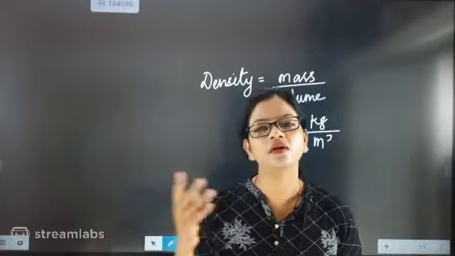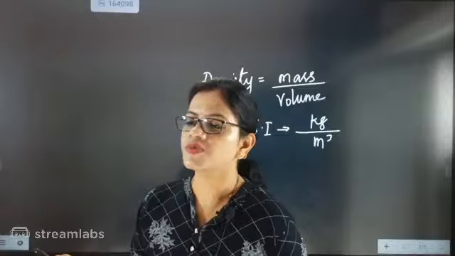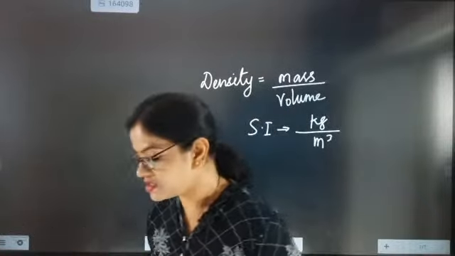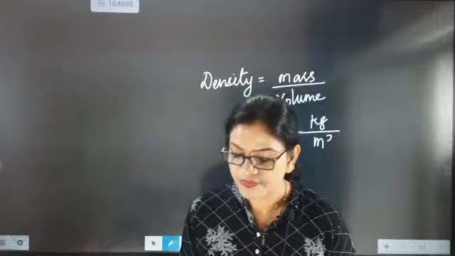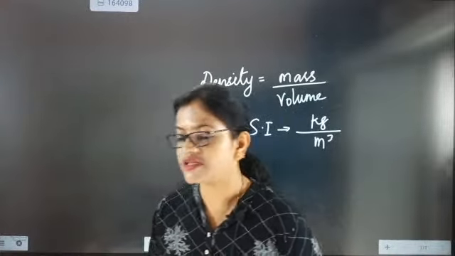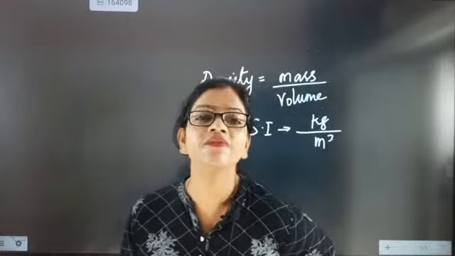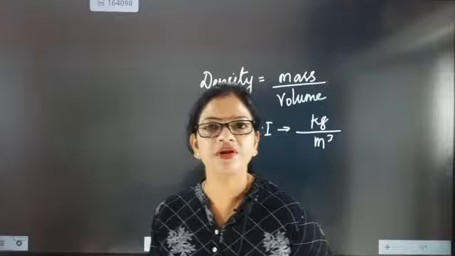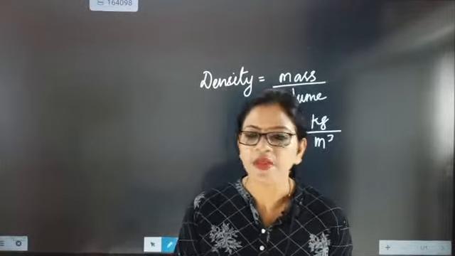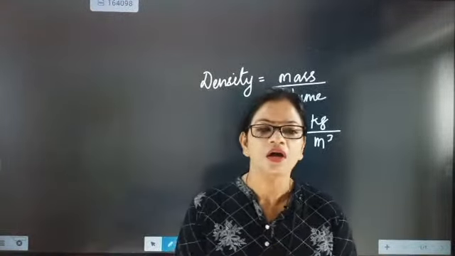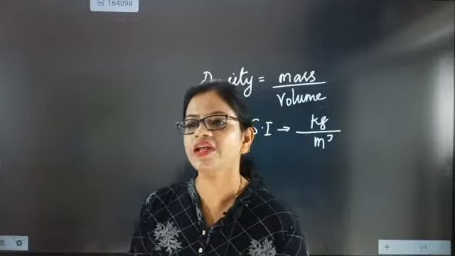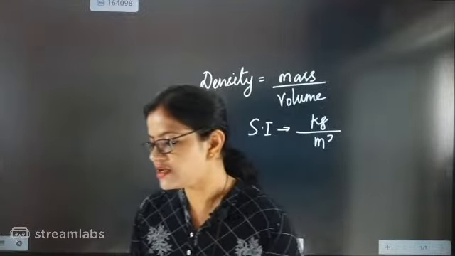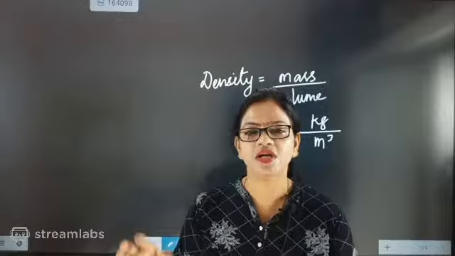We know that the densities of substances are different, like air density, wood density, ice density. Different materials have different density. Whatever material is present in a given volume defines the density of the substance.